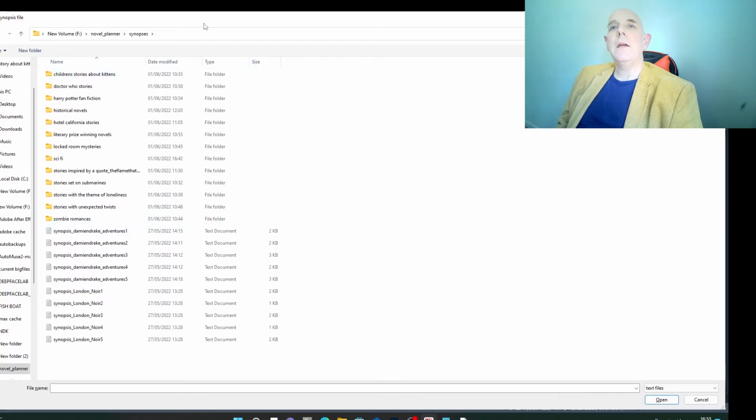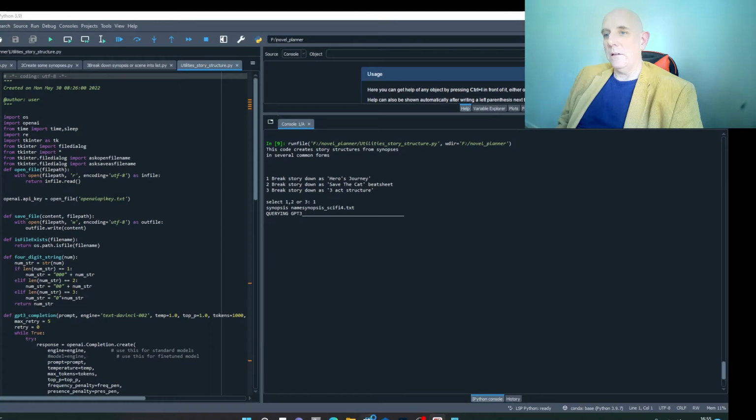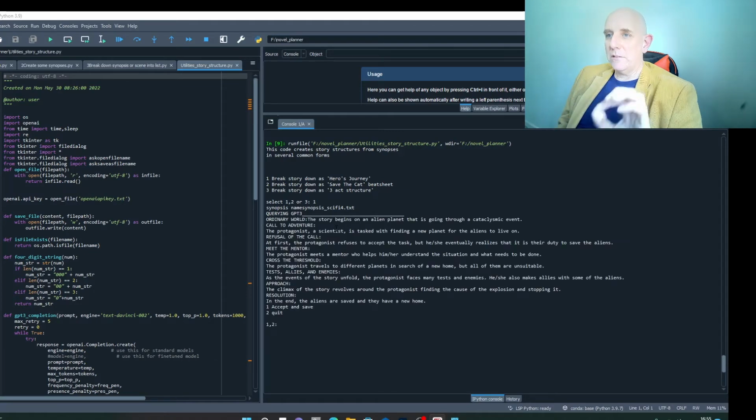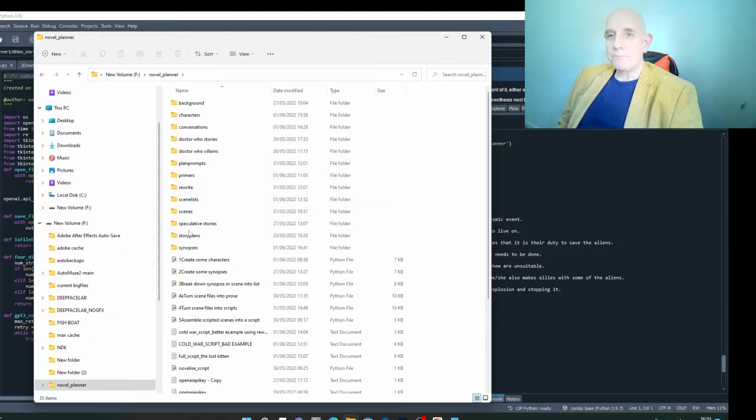Now, we can pick one of the stories we've already got, one of our sci-fi stories. So what it's doing is taking one of our sci-fi stories and turning it into a hero's journey. Interesting to note here that sometimes when you get it to generate synopses, it does something really original, and sometimes